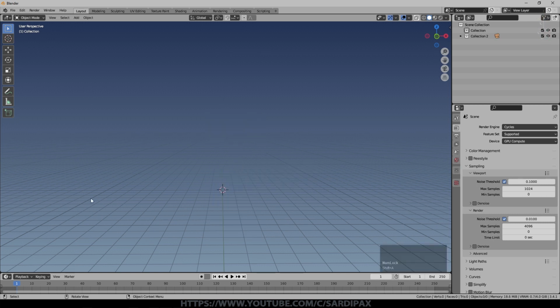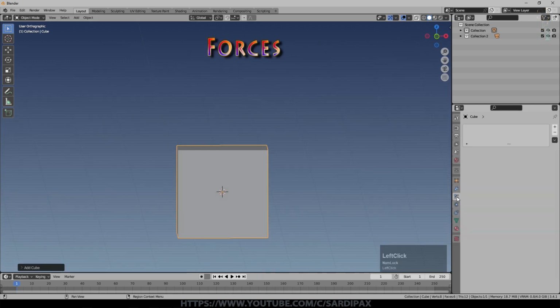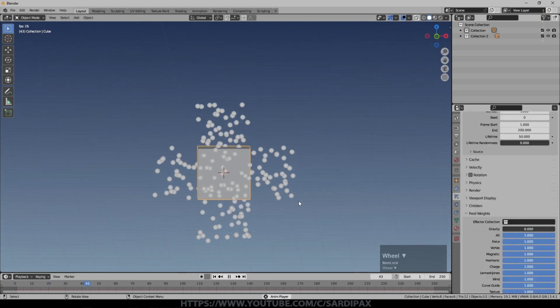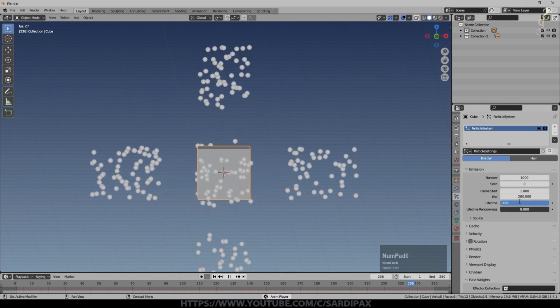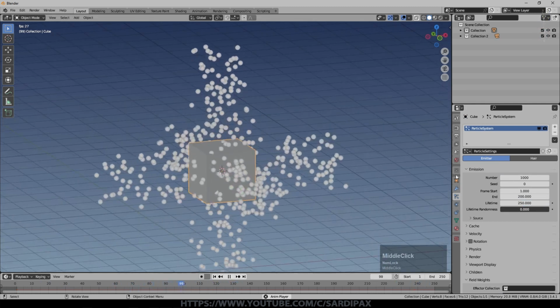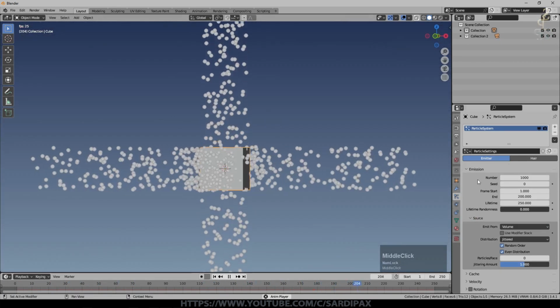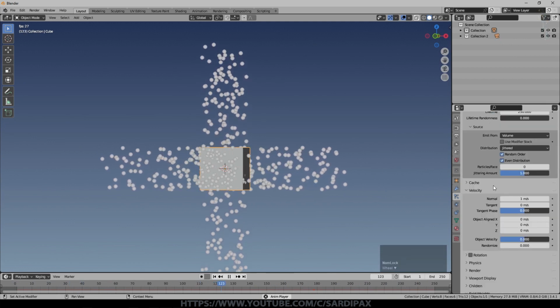We can also use things like forces. So I'm going to add another cube and I'm going to put a simple particle system on it. I'm going to turn gravity off. So you can see it's just emitting particles now, and we'll give them a bit of a longer life than that. And we've just got a load of particles being emitted like so. So that's effectively an animation in itself, just emitting those particles. And there are a variety of options for affecting how they move and so on in here.